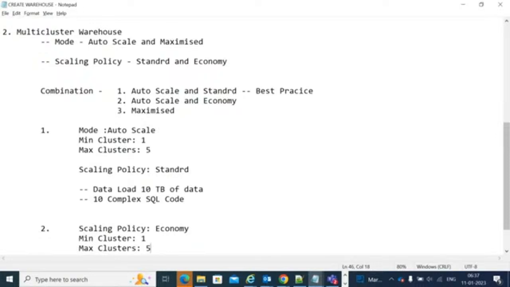Here also you will select the maximum and minimum number of clusters. What will the economy policy do? In case of standard, whenever you upload the data or submit your complex queries, it will calculate and then increase. What this economy will do: suppose you submit 10 SQL queries to your Snowflake, it will calculate internally